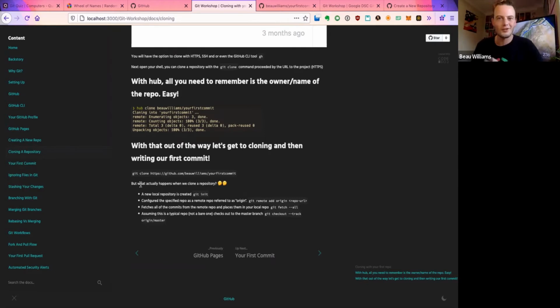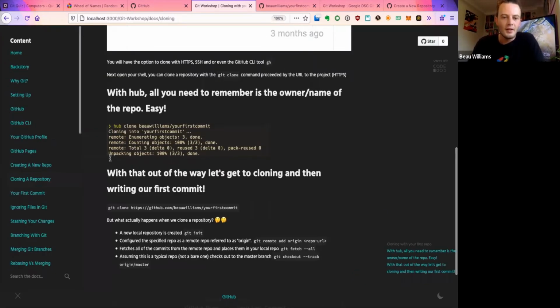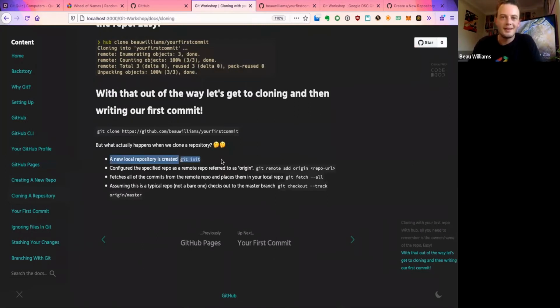And you wouldn't know that, and I didn't even know that at first. I just thought it was what it was. But it turns out it actually does a lot of more rudimentary things for us. So if we see here, if a new local repository is created, git init, and you actually saw me doing that then. It's then going to configure the remote repo by doing git remote add origin, right? That's essentially attaching a local copy to the remote copy. That's kind of binding them together.